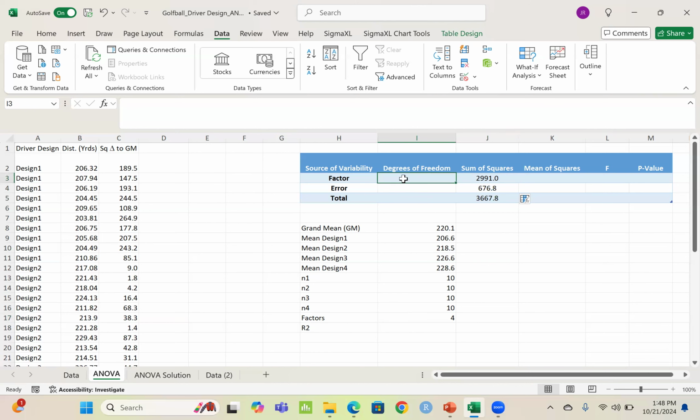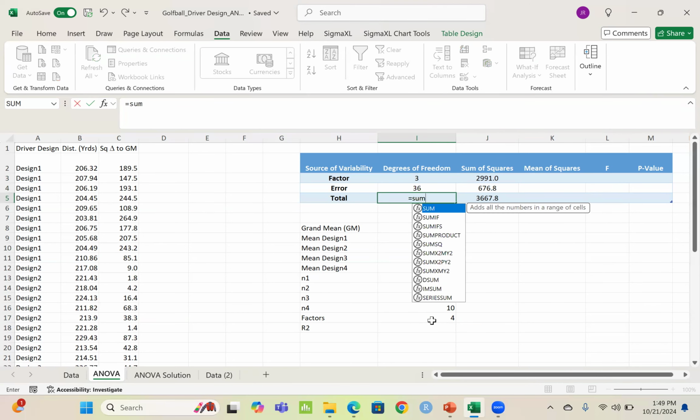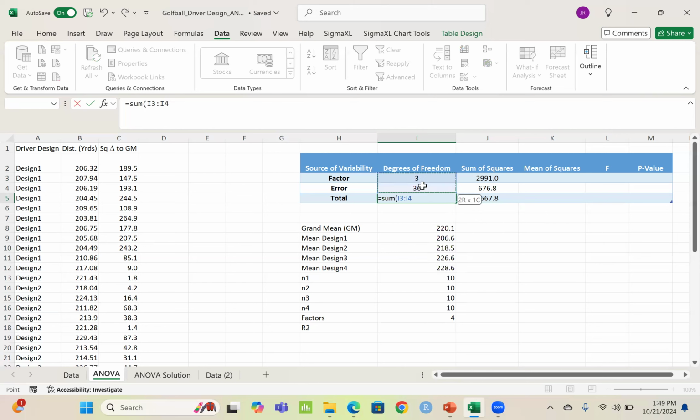So if we go here, we're going to say 4 minus 1. The error is going to be how many data points I have. So it's going to be the sum of this minus the number of factors. And then this is going to basically be the sum of these two,